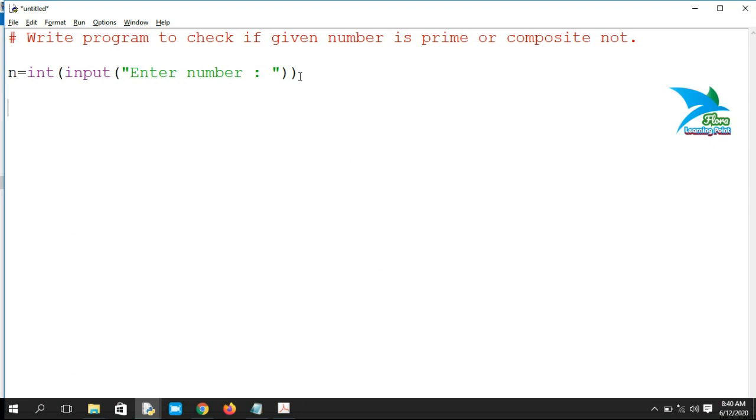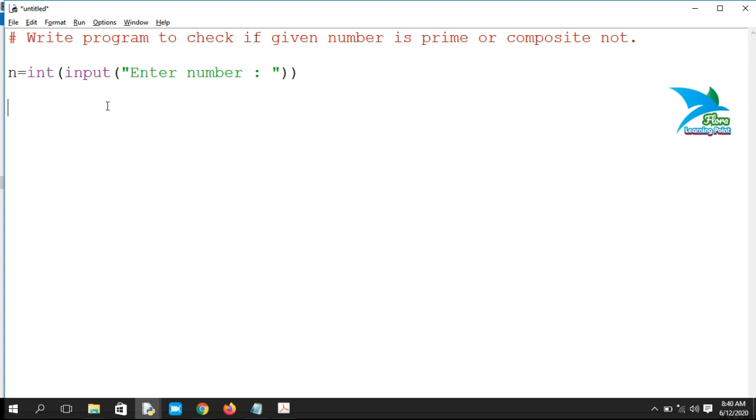So let's start with how to check if the given number is prime or composite. First of all, we have to get a value from the user. Then, to check if that number is prime or composite, we have to generate values starting from 2 to 1 less than that number. For example, if you want to check if 40 is a prime or composite number, then we have to run a loop starting from 2 to 39, and divide the value of n by all values within that range.